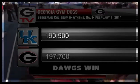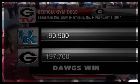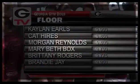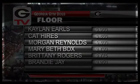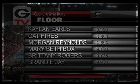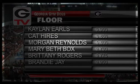It may drag them down a little bit in the average this coming week, but they are a better team than what they showed today. They'll clean up some of those misses on bars and on beam, and you'd like to see them be able to continue some of the success that they had last year with 3 SEC wins. You'd like to see them get back into form this year, but today all about the Gym Dogs making some big changes and